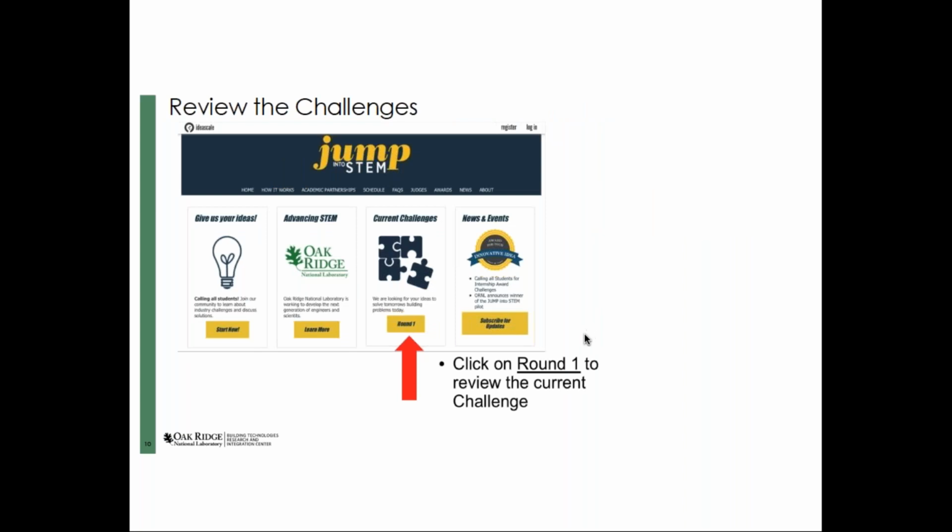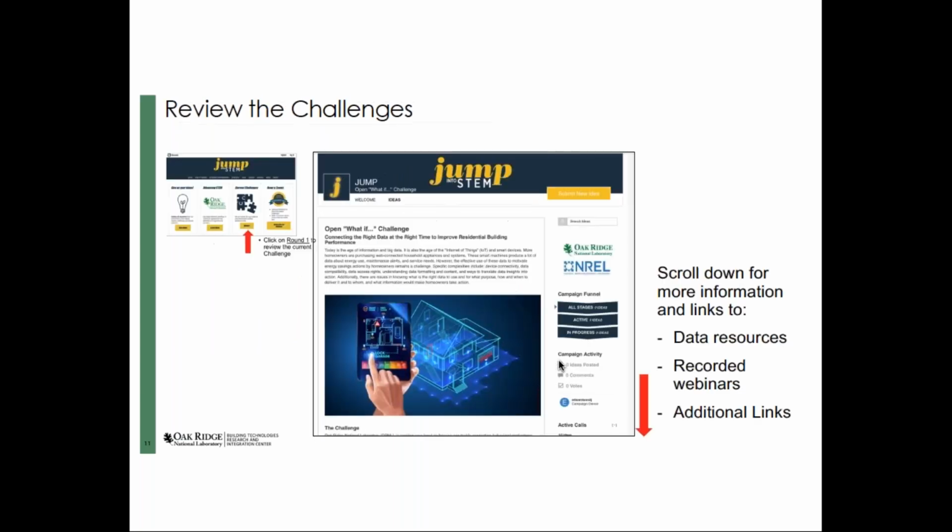Once you've done that, you can also check out any of the challenges. This is a bit of an older screenshot, but it's telling you about round 1, but there are other two rounds listed here, and this is what you click to see the challenge. Once you click that, you'll get a card that looks like this. Again, this is an older snapshot of the round 1 challenge, but you'll see the round 3